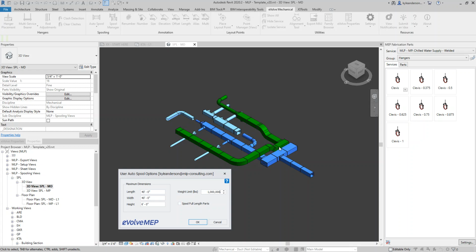It might be necessary that anytime you've got a full length, more so maybe on the pipe side where you've got a 20-foot stick, that you want to keep that 20-foot stick of pipe in a single spool. If you have this checked, eVolve's going to recognize that that 20-foot stick of pipe is a full length piece, and it's going to give it its own spool. In this case, I don't want that